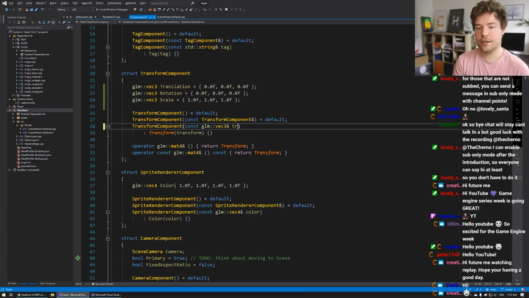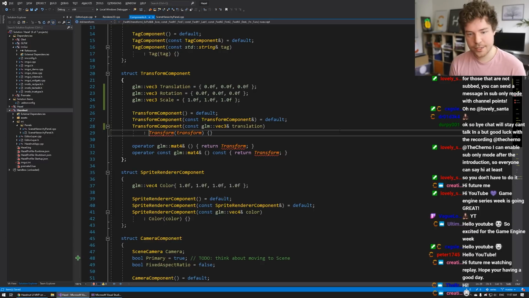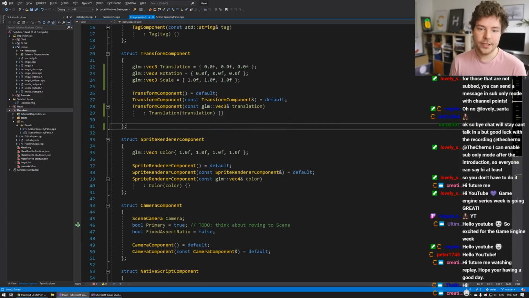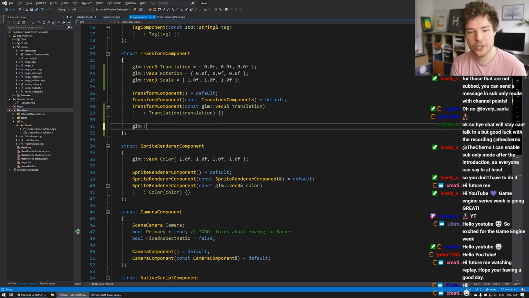Instead, we're going to make a constructor that takes in a translation, just because I feel like out of these three, the one that you would probably want to set most often is the translation. And we'll do that, and then we'll get rid of these operators. I will actually add a function here called